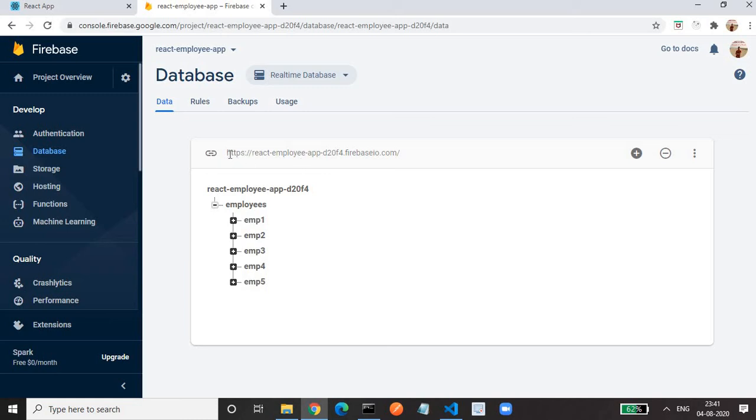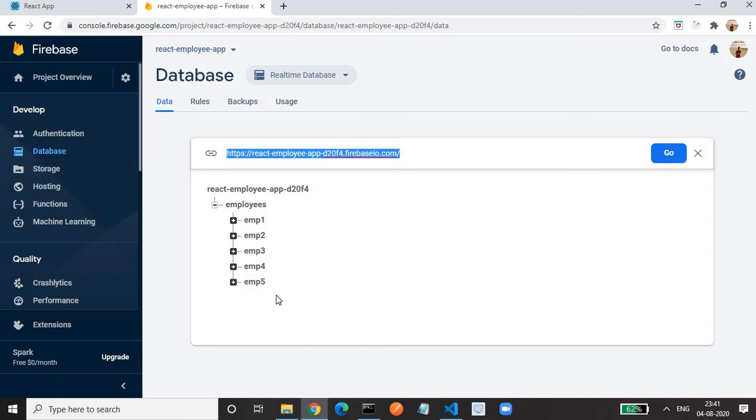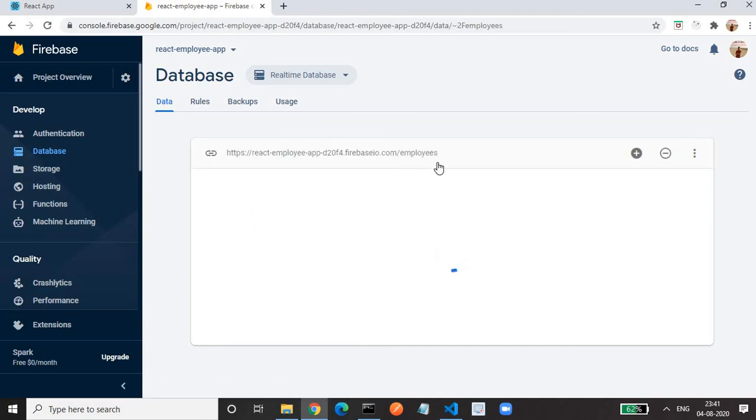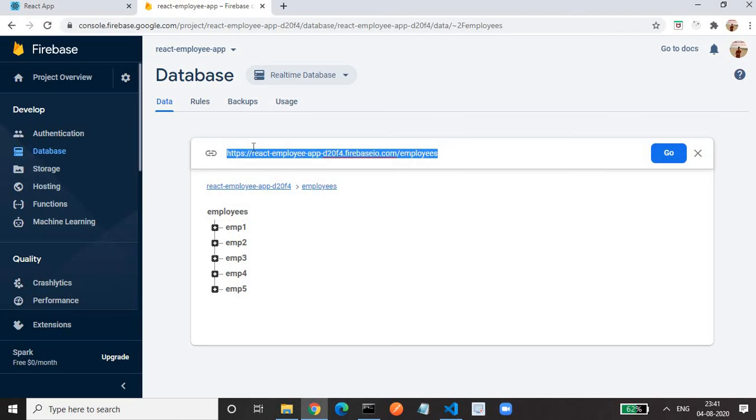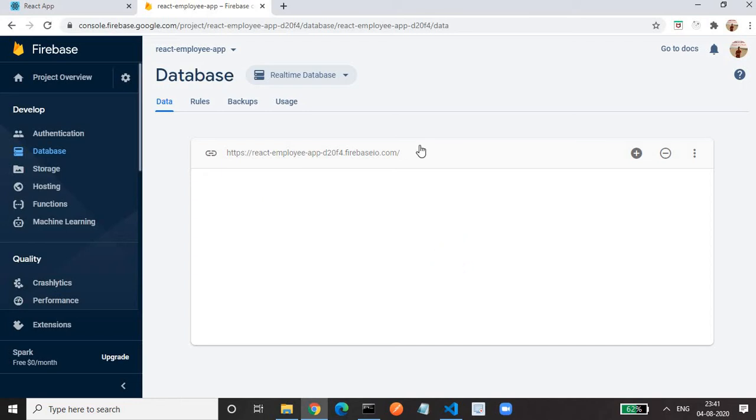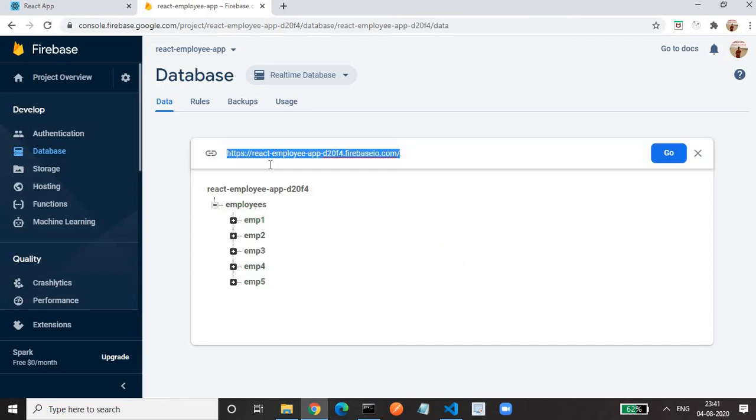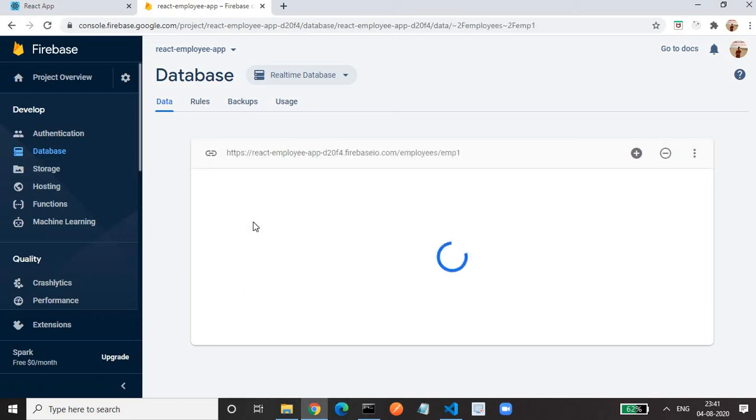You can say the base URL. If you do a GET request on this URL, you will get an employee object having these keys. If you click on this employee, you will get a URL in which you will get only those keys. So this is the API endpoint or API URL. You don't have to create any API URL in Firebase. That's a cool feature. And this is the base URL. If you want to fetch the data for employee 1, click on that, you will get the URL. So always, this up to firebase.com is the base URL.